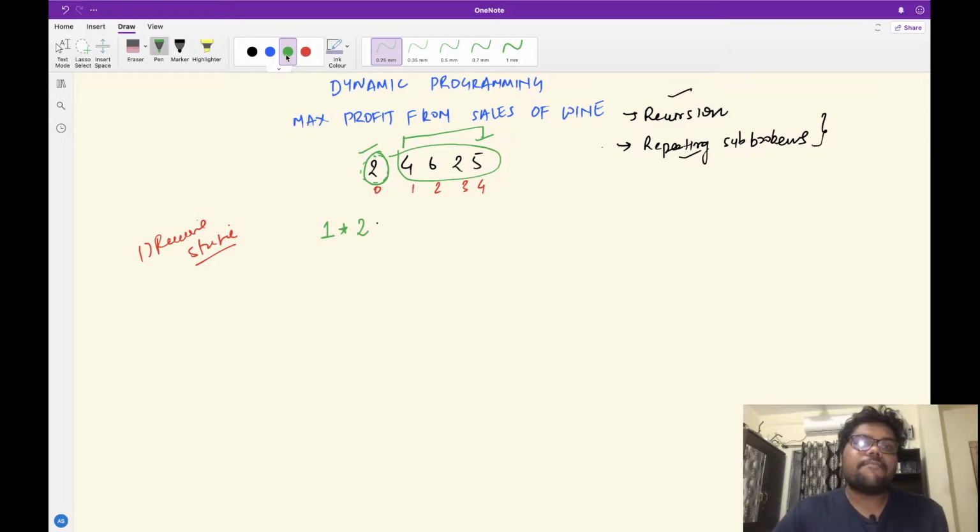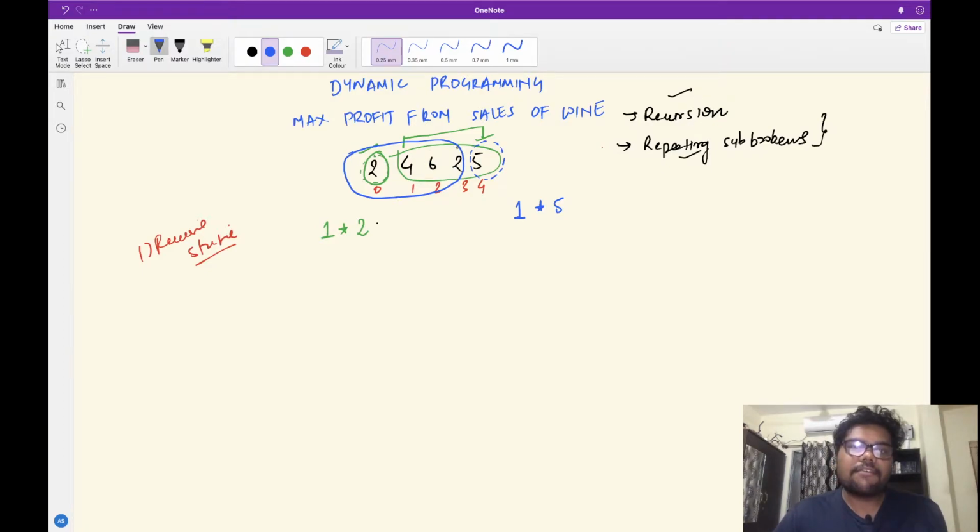Similarly, if we have made the second choice, let's say I have made a choice of selling the wine from the last, then here the contribution will be first year into 5. This will get added to the maximum profit that I can generate from this particular sub problem. So you can see the question is recursive in nature.